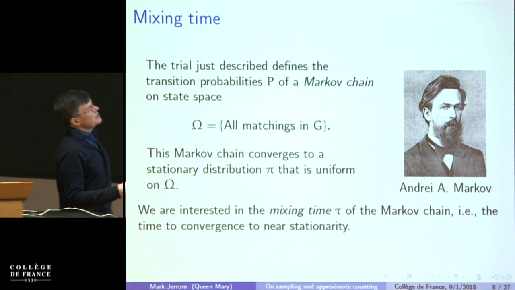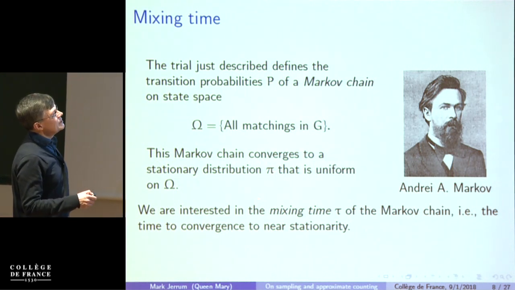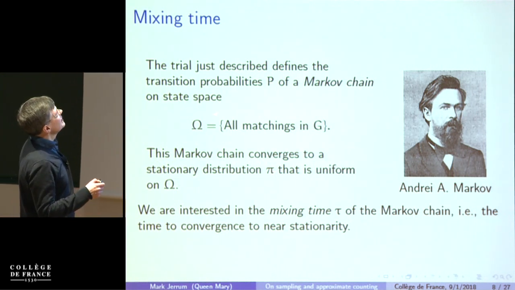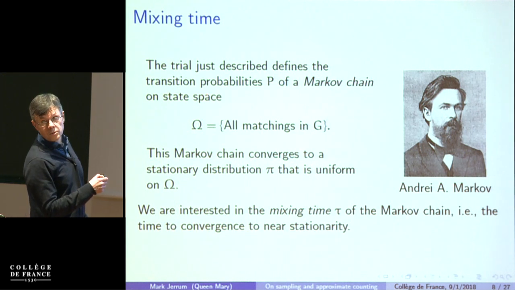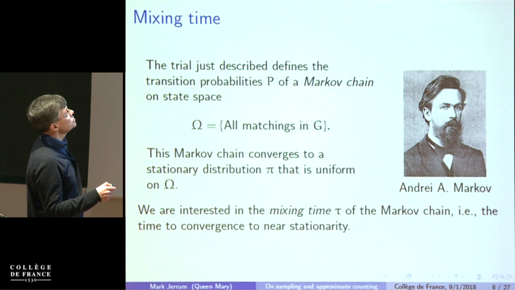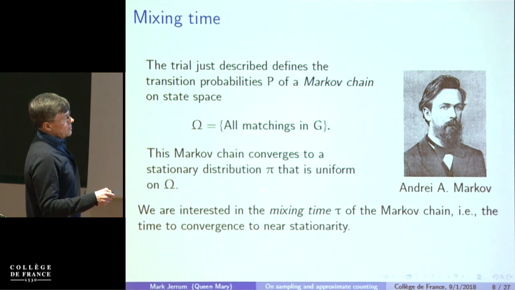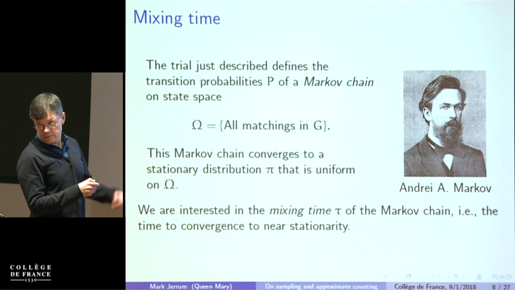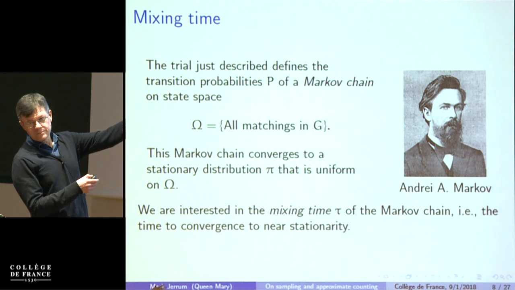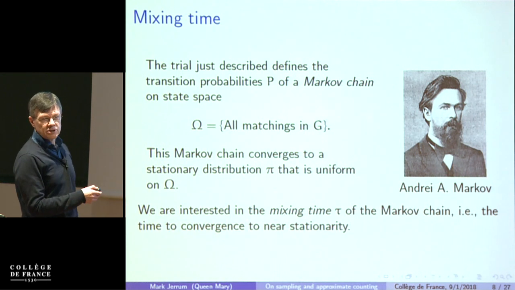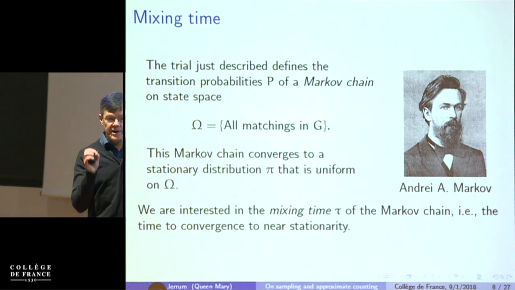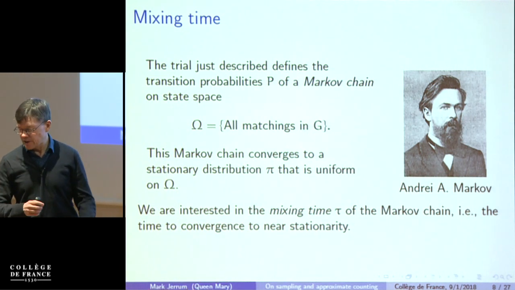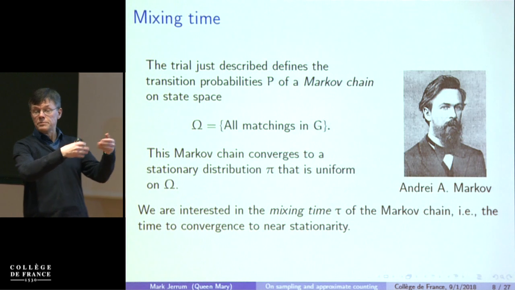Okay, I guess I should have put this slide on earlier. Here is Markov, apparently. In this case, our Markov chain, the state space, so-called, is the set of all the possible matchings in the graph. The rule for the random walk, so random walk and Markov chain I can use interchangeably. It converges to the correct stationary distribution. And if I want to incorporate that weight lambda, it's very easy to do. I just do a lambda bias.